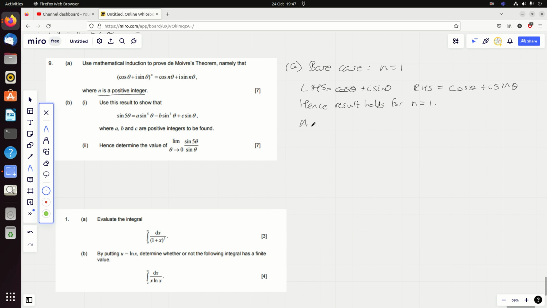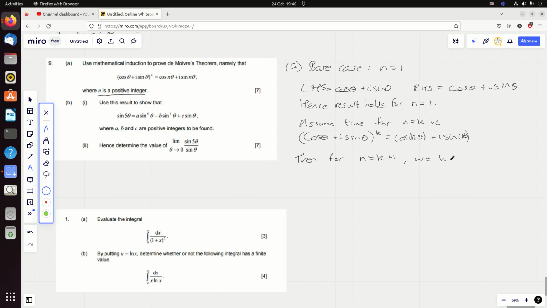Okay, assume true for n equals k. That's what always happens next in a proof by induction. I.e., now write it down again, because this is part of the argument. You've got to remember, particularly with a proof by induction, this is part of the argument. Cos k theta plus i sine k theta. Then, for n equals k plus 1, in other words, for the next term,